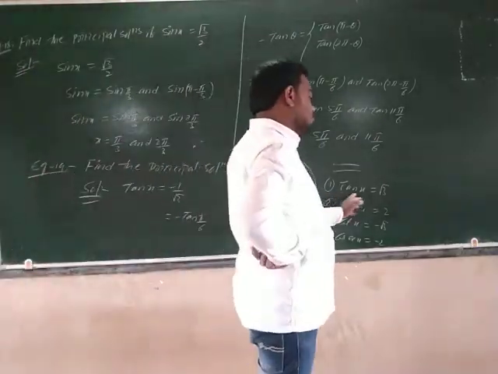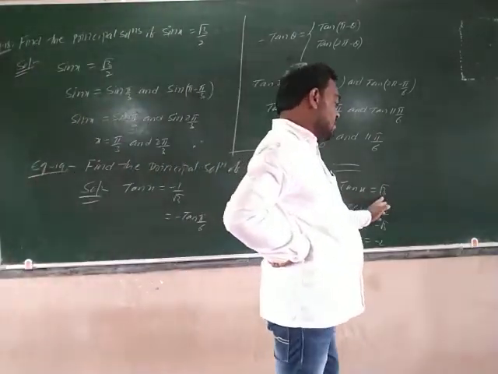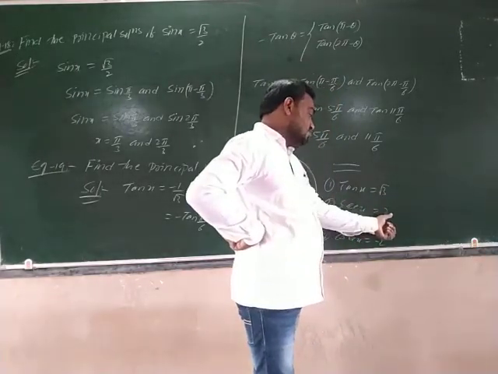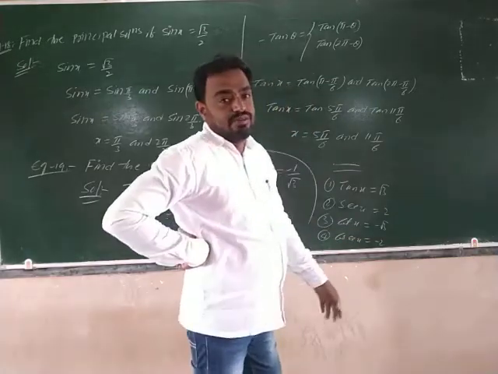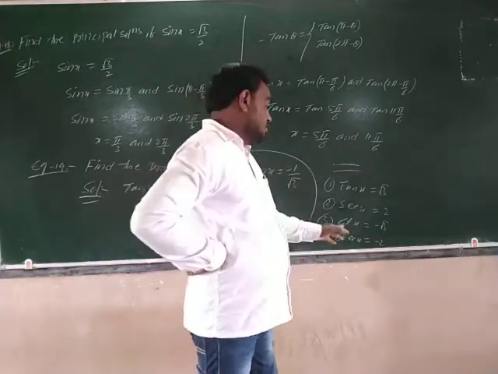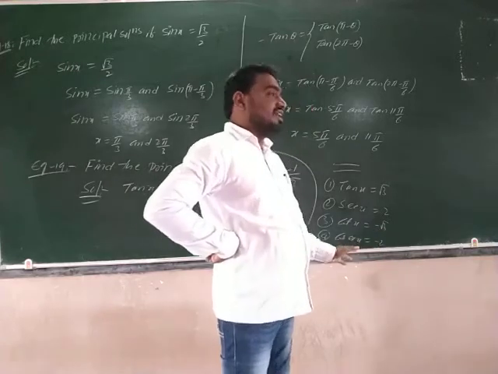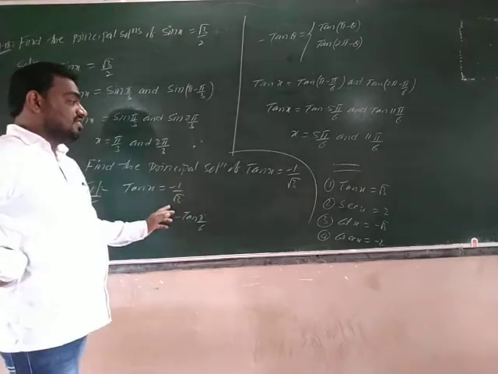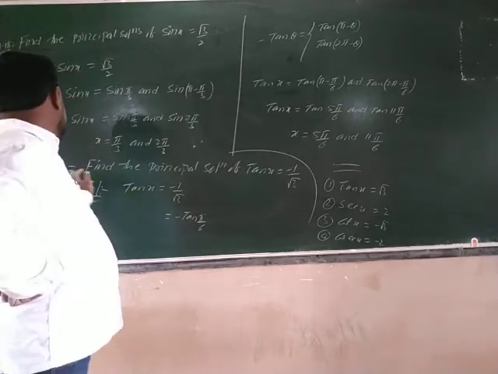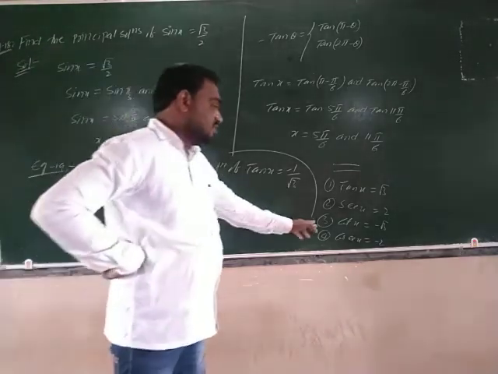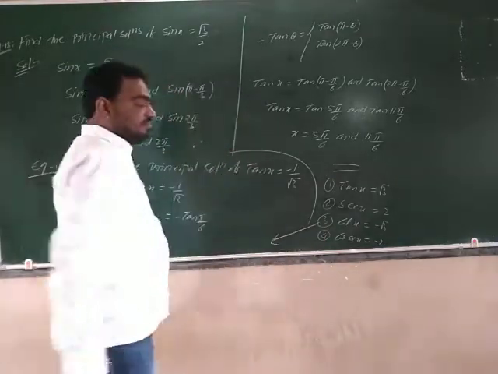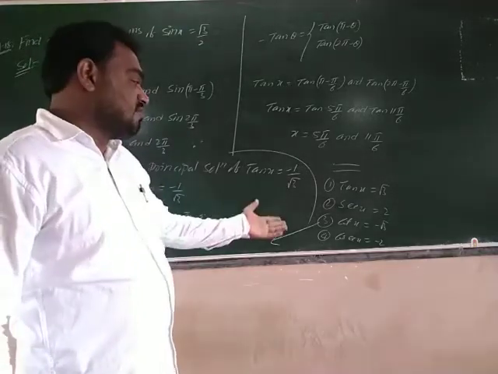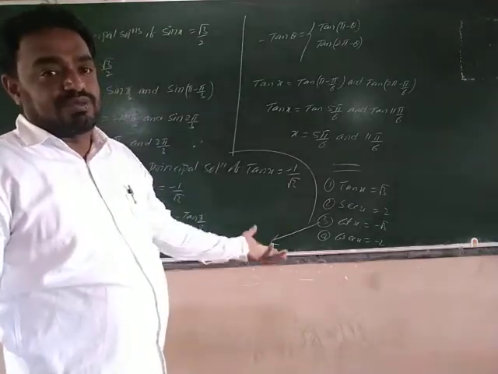How do you see it? Tan x is equal to root 3, so tan x is equal to tan pi by 3. You follow the method. Sec x is equal to 2 implies cos x is equal to 1 by 2. So you follow the method. Next, cot x is equal to minus root 3, so tan x is equal to minus 1 by root 3. This one has the same solution as example 19. Next, cosec x is equal to minus 2, so sin x is equal to minus 1 by 2.